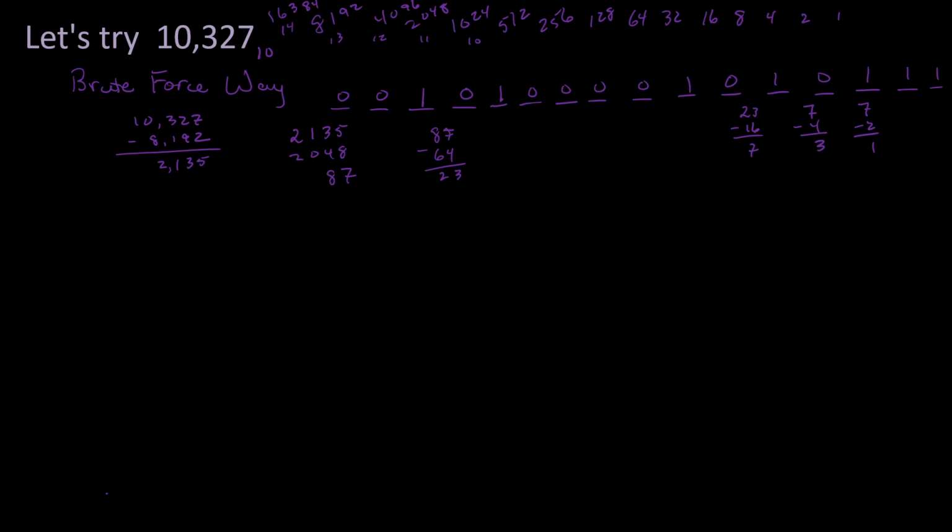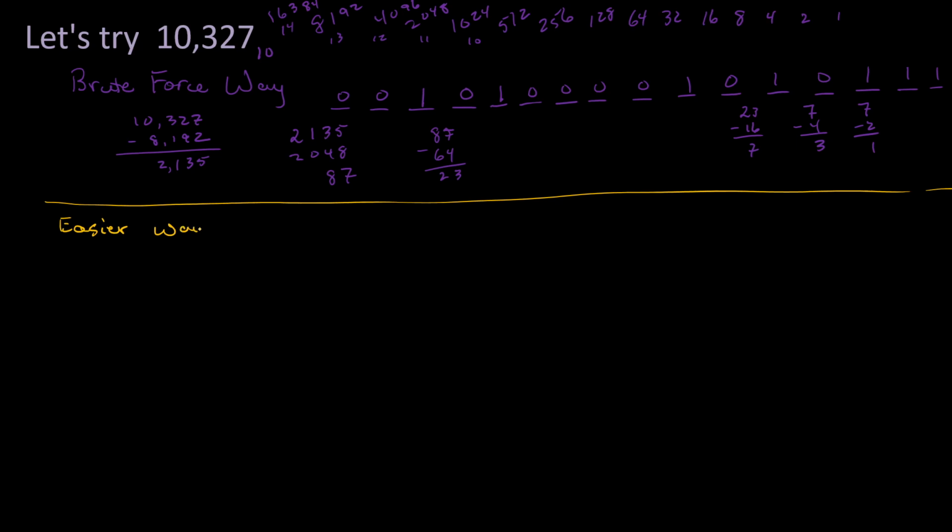That's a pretty tedious way to do it. That's why I call it the brute force method, to go through and figure out what power of 2 fits in and how you can press forward with it. The easier way is just to alternate